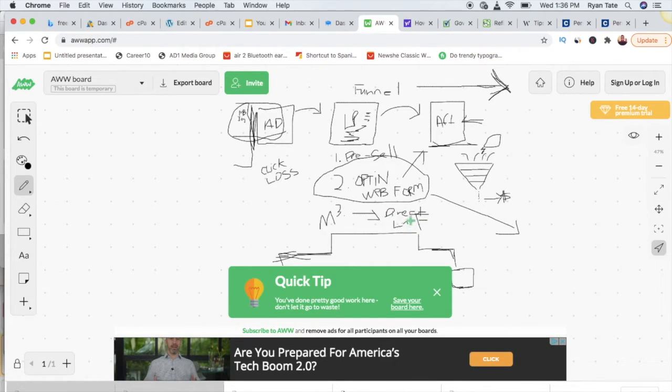Now, based on what you decide to do would determine how well this converts. So you may try all three different ways. Sometimes testing a pre-sale may make your offer convert higher. Sometimes having an opt-in in front of it will make it convert higher, because, and I'll go into why, this one is my favorite option, because if you collect the lead yourself,